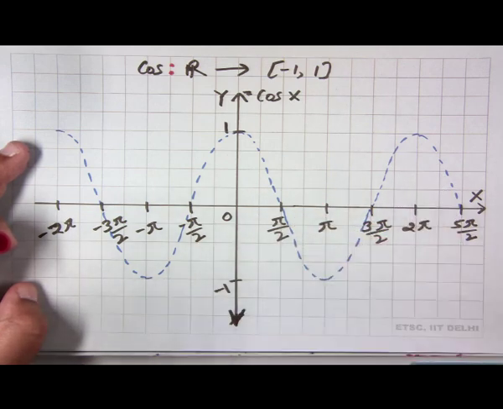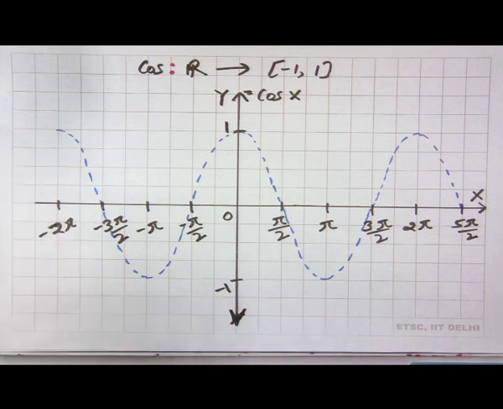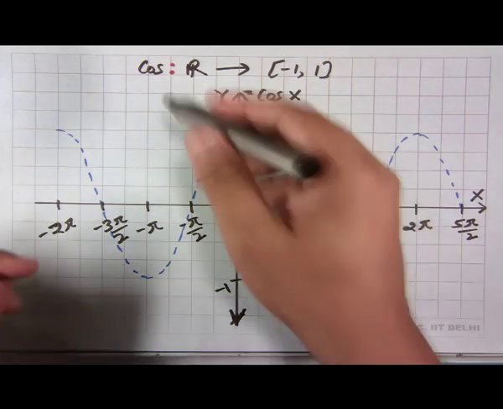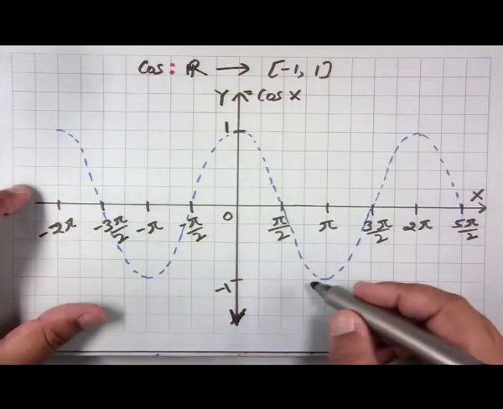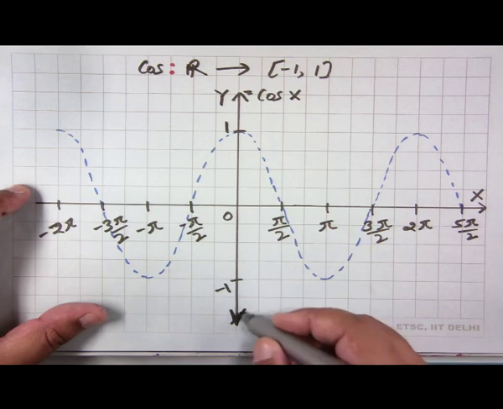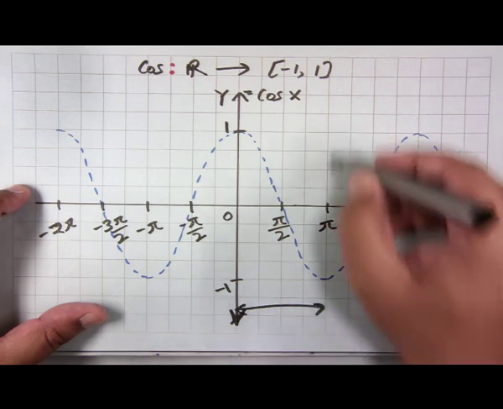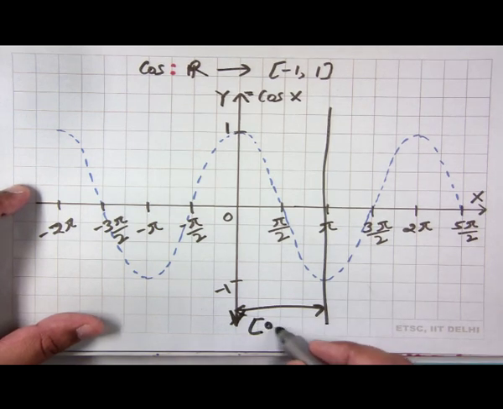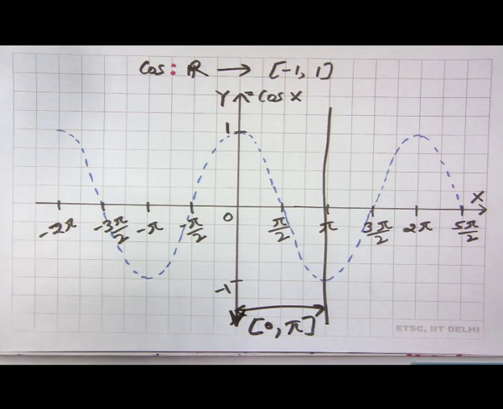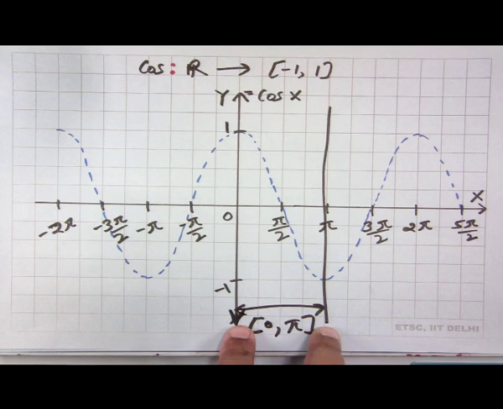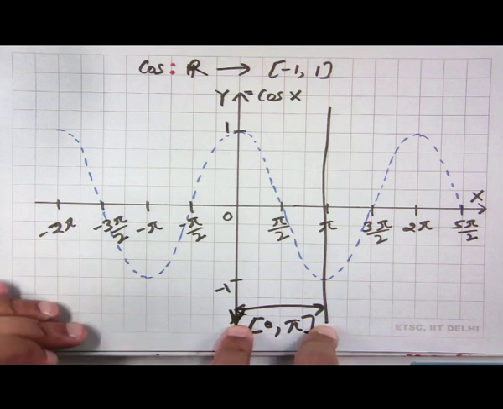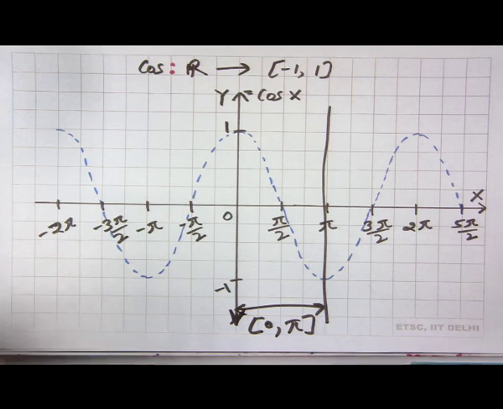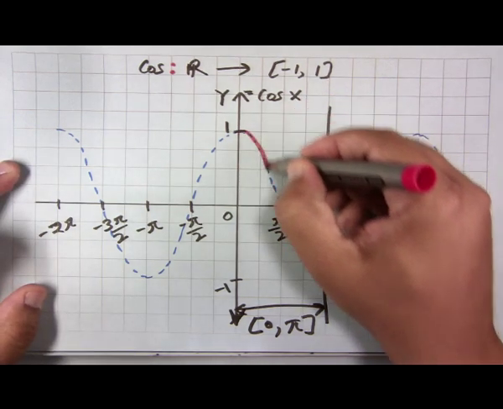But we see that if we, just like the sine function, restrict the domain of the cosine function to the interval from 0 to pi. So, we only consider the closed interval between 0 and pi. If we restrict the cos function to this subset of the real line,